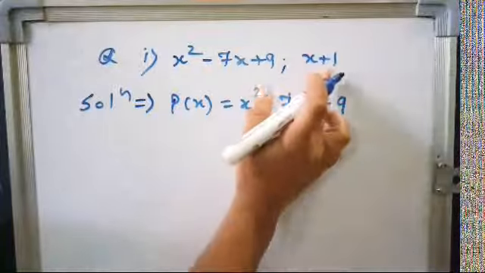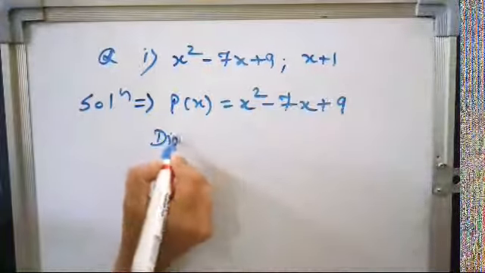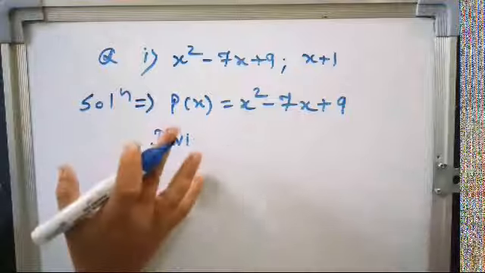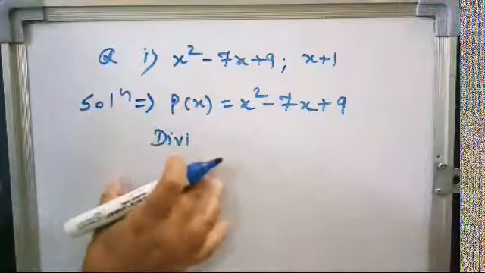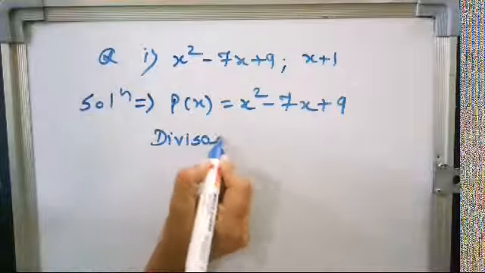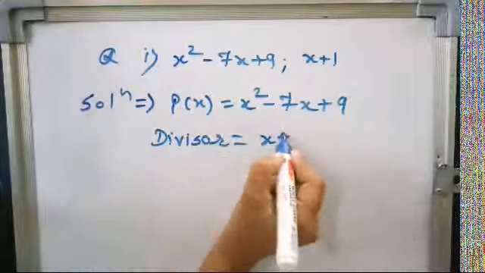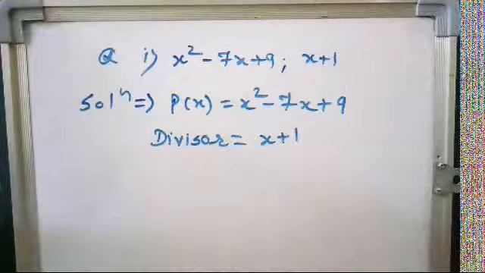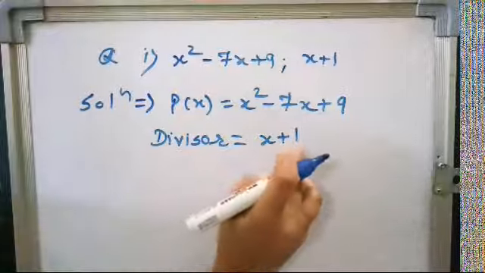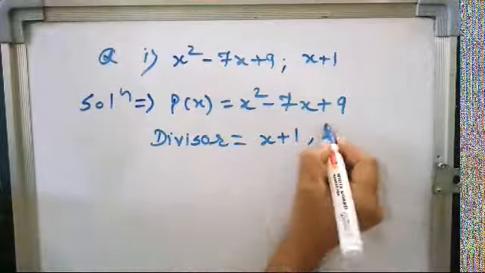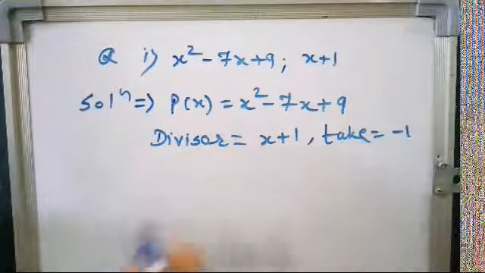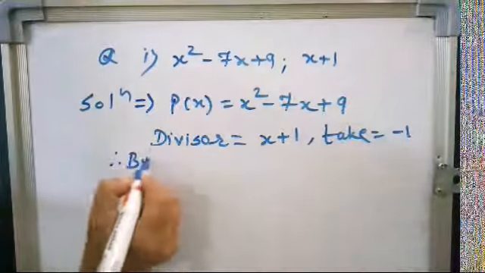Now what is the divisor? Divisor is, see, very simple. These are some steps you have to follow in each and every question. This divisor you have to write, which is x plus 1. Now what you have to take? You have to take the opposite of this plus 1. What is the opposite of this plus 1? It is minus 1. Okay, now by the remainder theorem,